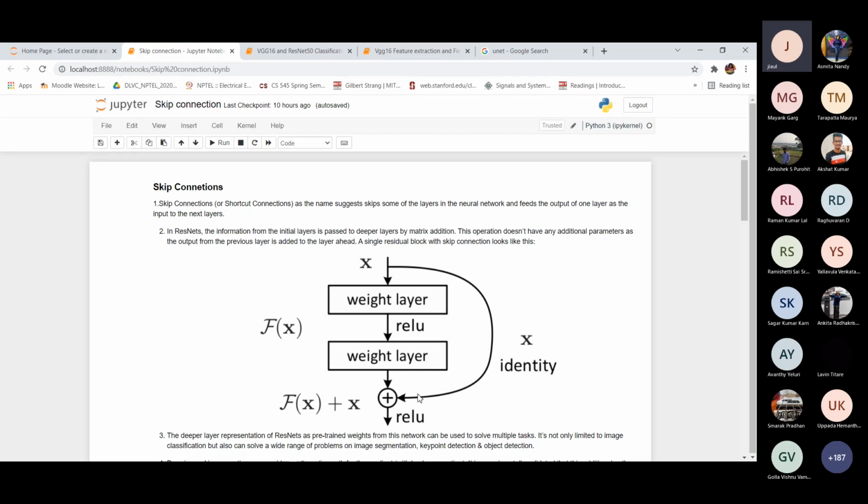So the input to layer 1 is passed directly to, for example, layer 5, or it could be layer 7 or something like this. You are directly feeding this information, jumping a few other layers, and then combining the two: the direct jump plus the usual route, and feeding that to the next layer. In a sense that helps you train the network very well.